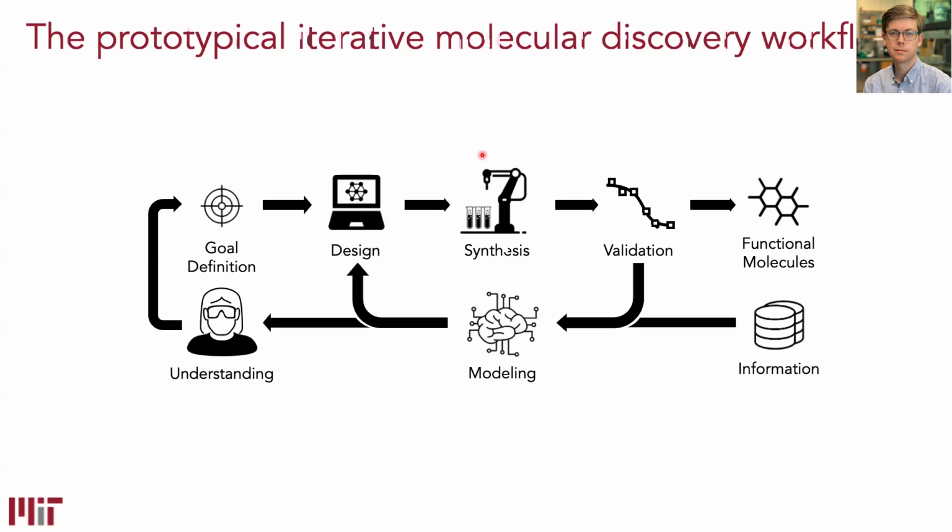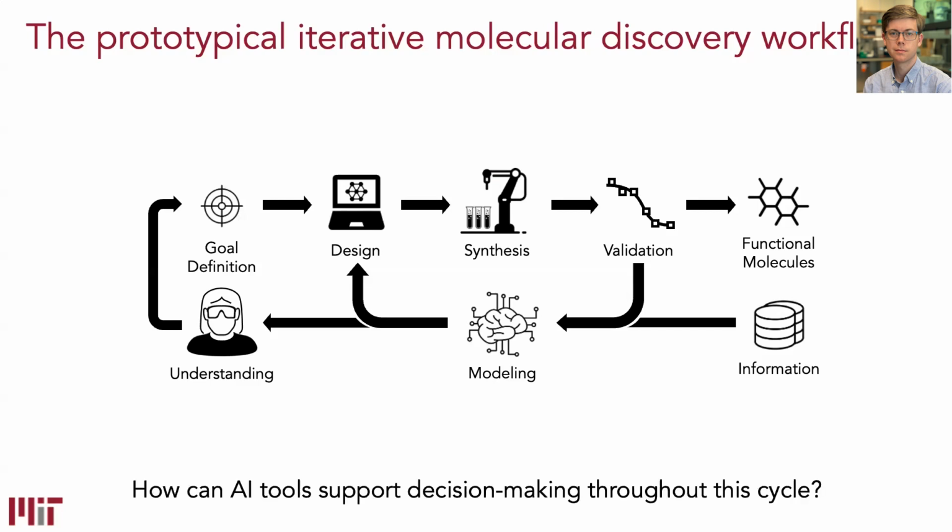in order to test their properties experimentally. So that comes into play in this validation step, and that validation data feeds back into our models. Those models then help us, presumably, design what comes next. And so we like to think about lots of different opportunities to accelerate this process and to bring computation into this process to support all the complicated decisions we have to make, right? We have to decide what we want to make, how we want to make it, right? Justify why we've made it. And then when we get new data, what do we do with that data?